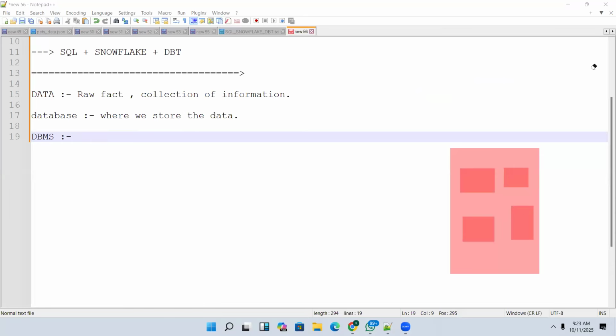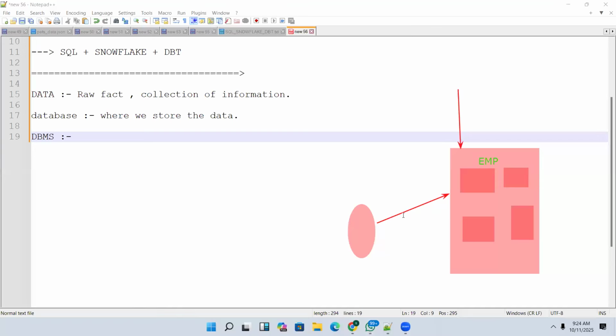Exactly. See, this is a database, guys, and in this database we are storing the data. You are the user. But as a user, whenever you want to retrieve the data, for example, you want some information related to these employees, you want to fetch the data whenever you want. I told you, right? If there is an issue with a transaction, you will visit the bank. Then they will fetch, I mean, take the data from your database.